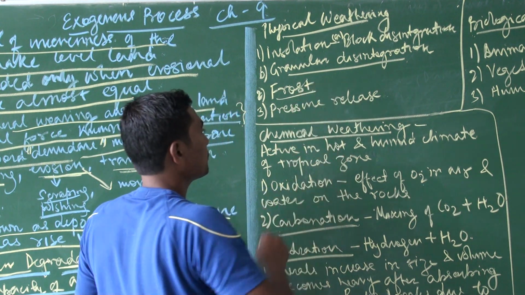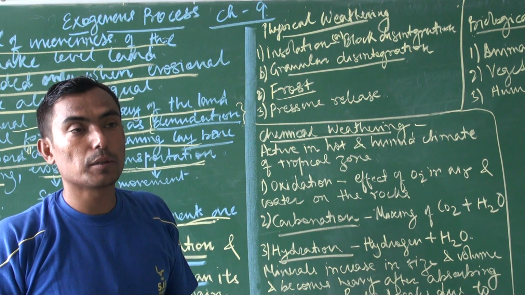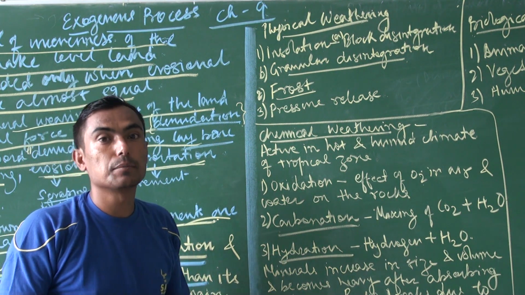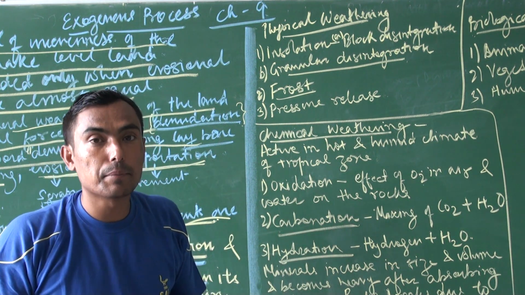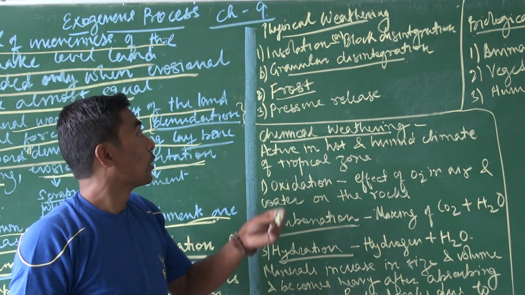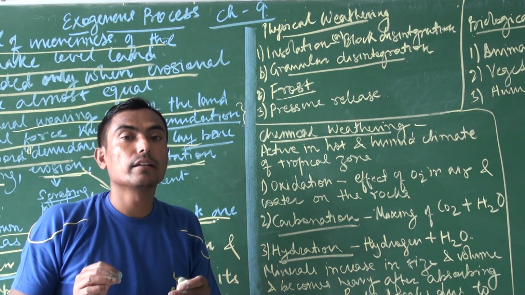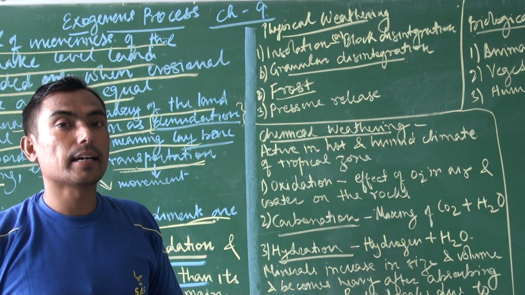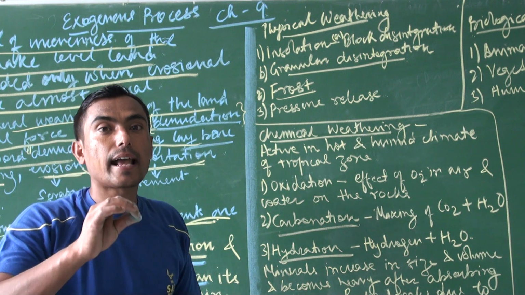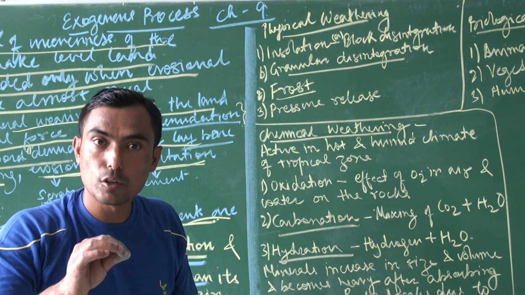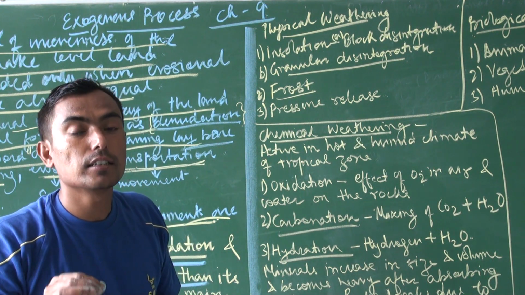Next is frost. Now this frost takes place especially in cold areas, especially in humid cold areas. It means that during the daytime they get sufficient rainfall, and at night the temperature drops below the freezing point. This frost also plays a very important role in physical weathering. During the daytime, whenever rainfall takes place, the rainwater enters the cracks of the rocks. And during the night time, when the temperature drops below the freezing point,